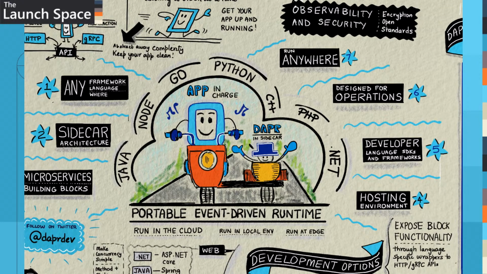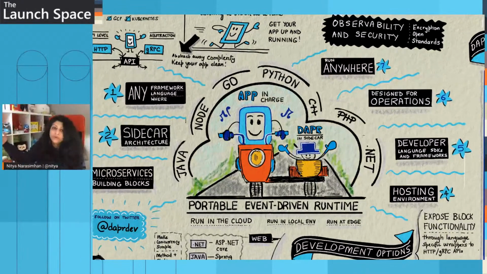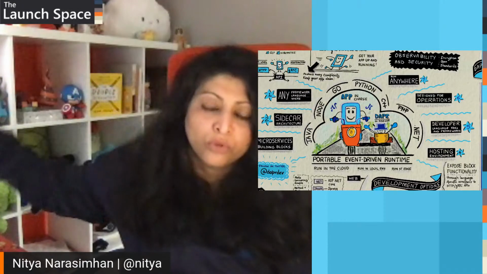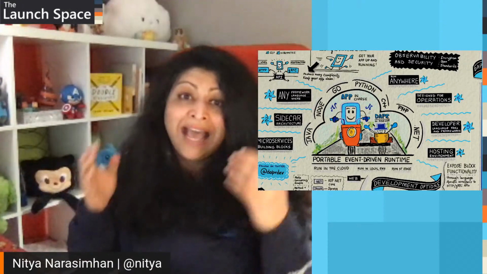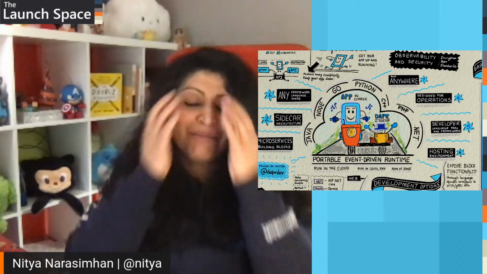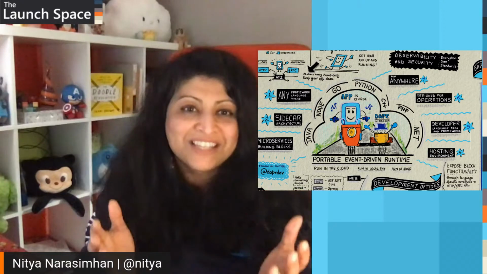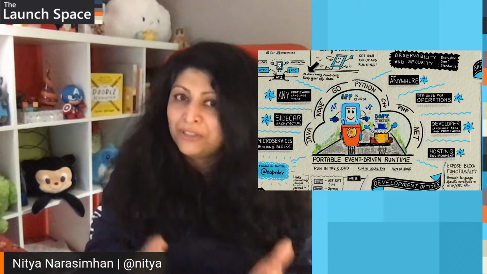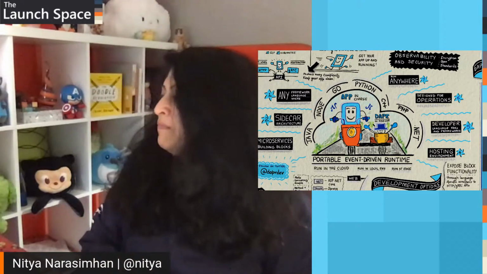But the most important takeaway for me is that there are three things that make Dapper really cool. One, it is portable, so you can move to whatever language you want. It is also portable because you can start from localhost and move into the cloud. You can go to Kubernetes. I'm watching these demos going, holy, right? Because you didn't have to change your code. You could do this with configuration, which is very cool.